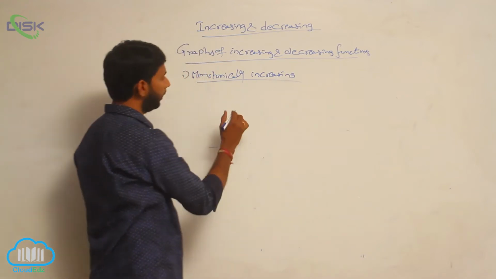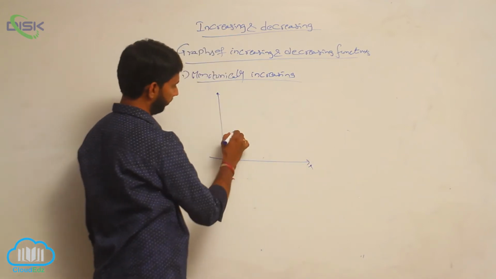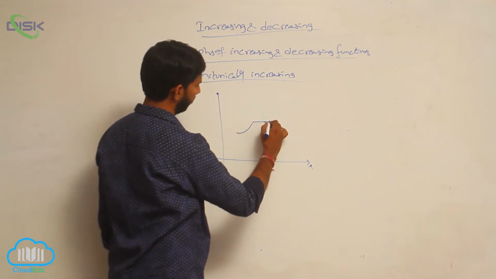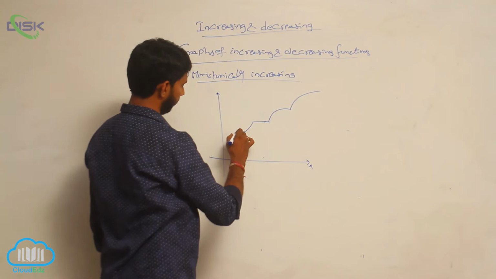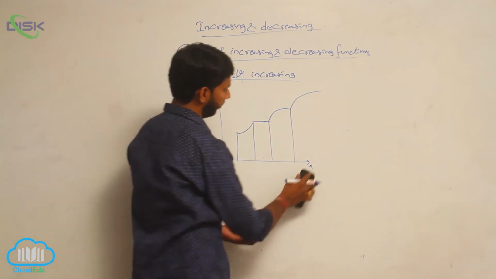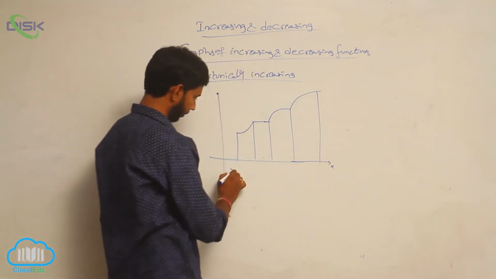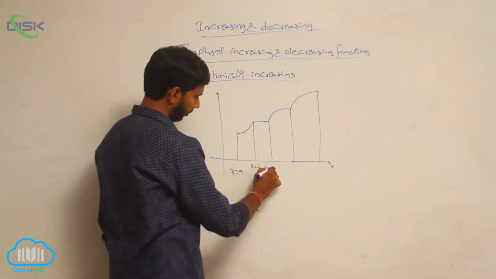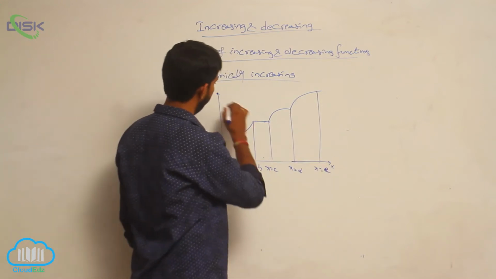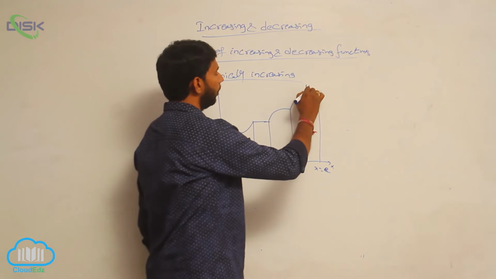The graph of a monotonically increasing function is